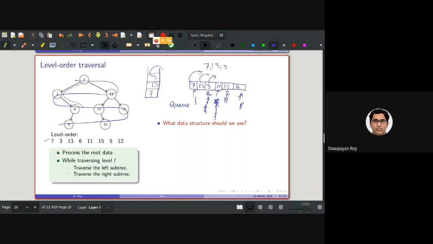So 3 will be popped and 6 will be placed, then 6 will be popped, then 5 will be placed. So the traversal order will be based on depth. But we want to go through the breadth of the tree. So this is also called breadth first search. We'll be discussing that a little bit.